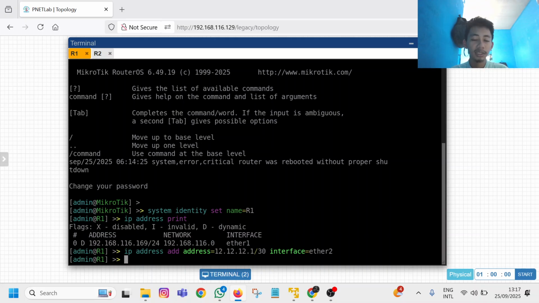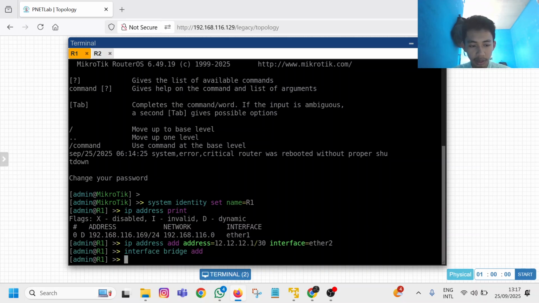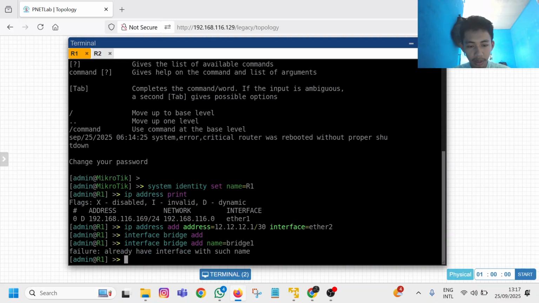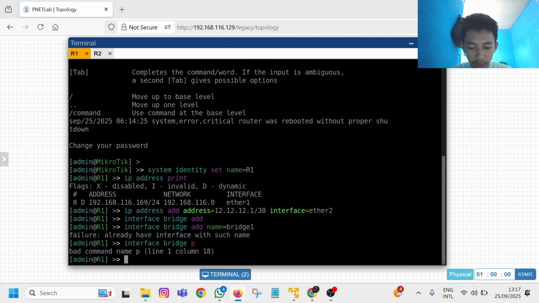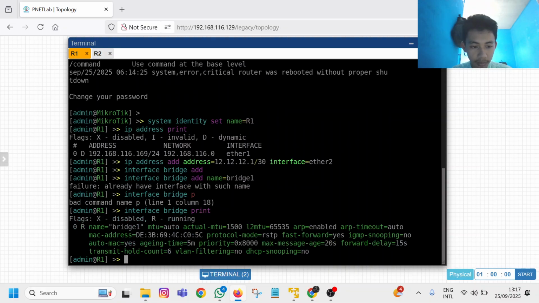Now let's connect to the internet. To make router 1 and 2 get the internet, first we need to go to interface bridge and click add. Name it maybe bridge 1. Let me see first, print. Oh, I already have bridge 1.